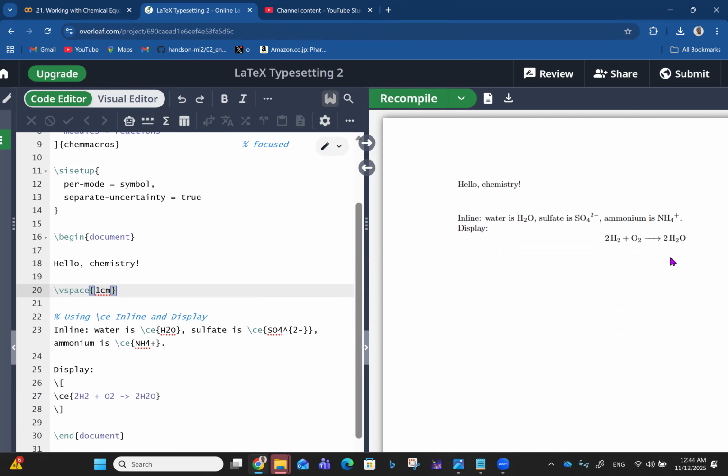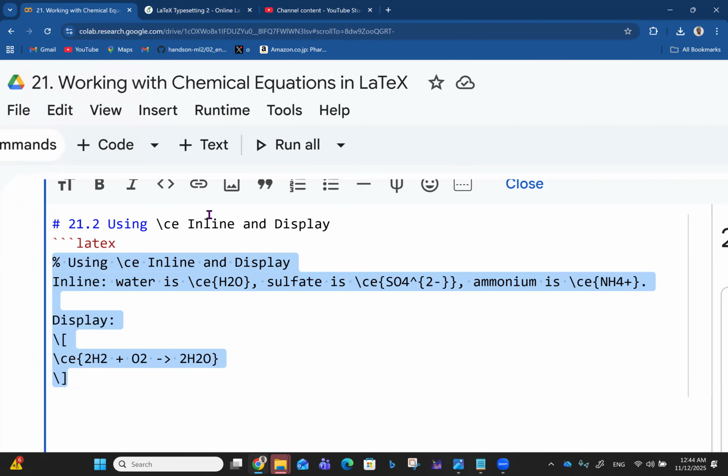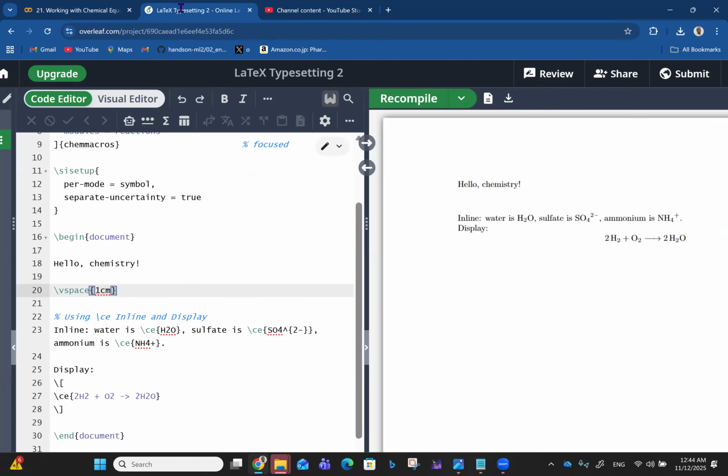So this is balancing the equation, oxygenation of hydrogen or something like that, and then it becomes water, if that's how it is called. And the equation is balanced like that. Okay. So inline means maybe you want to just keep writing, like when you write equations inline, you